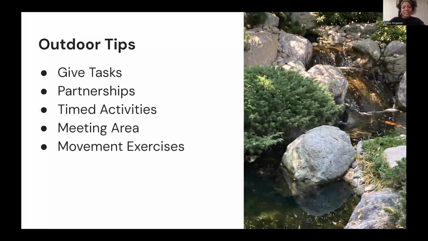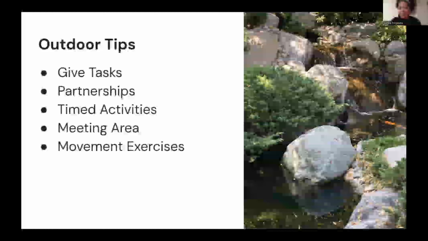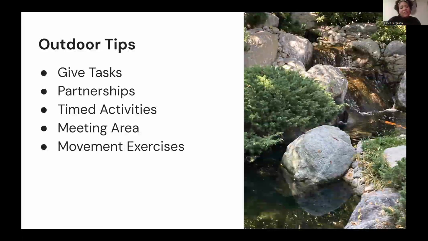Movement exercises. I wanted my children to be excited about what they're doing. So instead of saying, stop, slow down, I would say, skip to the tree, hop to the bird you're hearing. I would do all these different movements, and it does help. It really does help. So these are some ideas that came up that I think you all can think of.